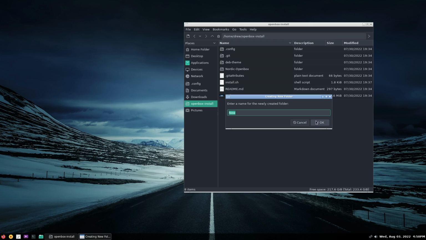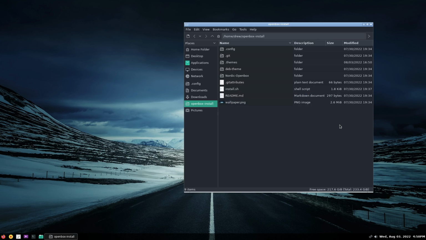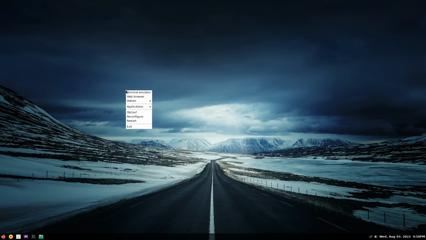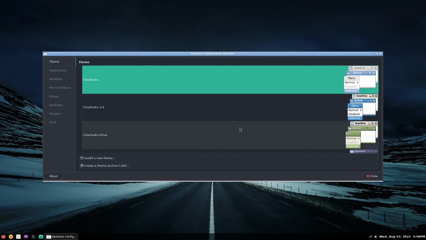Let me create a new .themes and paste. Okay. So when I go to OpenConf,